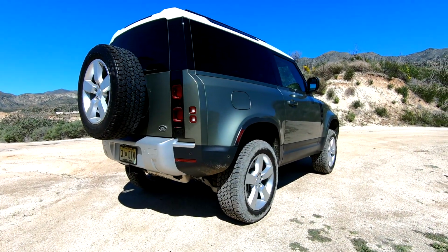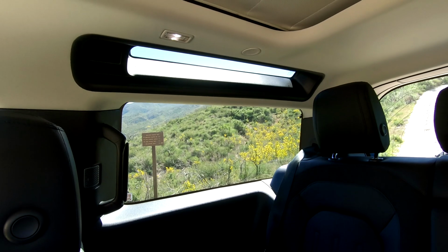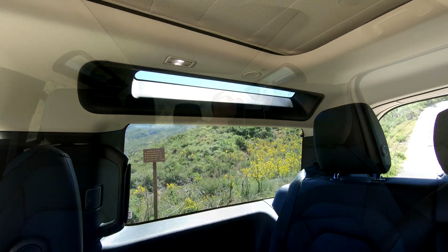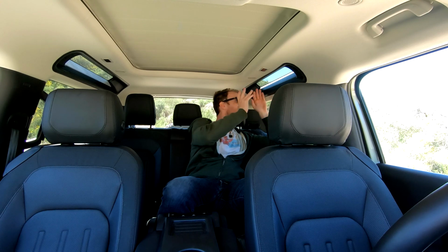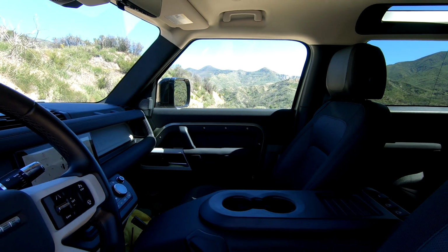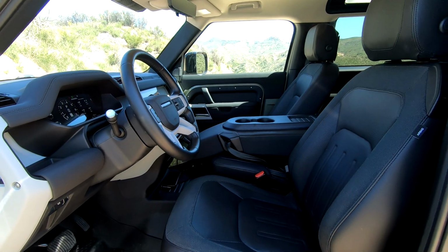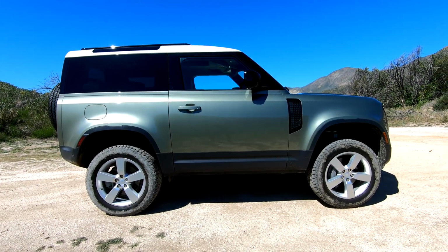But that's only the first of the Defender's party tricks, because in a nod to its off-road heritage, the back seat feels so special when you are off-roading or on the trail, because we have these safari windows up here on either side of the vehicle that let in natural filtered sunlight and give you a really cool perspective and view as you're driving along. It also helps that there's a ton of glass in the Defender, meaning outward visibility from every angle and every seat is fantastic. It's also helpful when parking this thing for perspective, because the 90 is so short and there is so much glass. Parking this thing even in downtown LA, where I have to parallel park all the time,